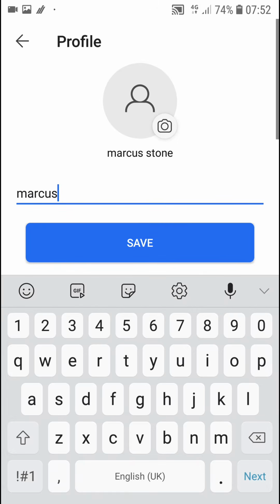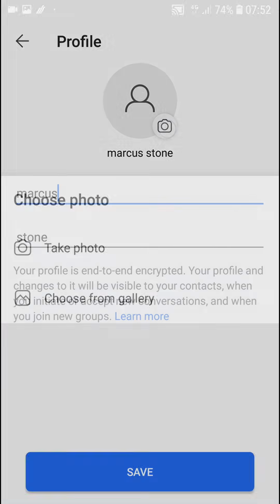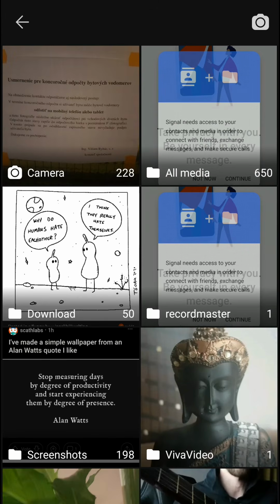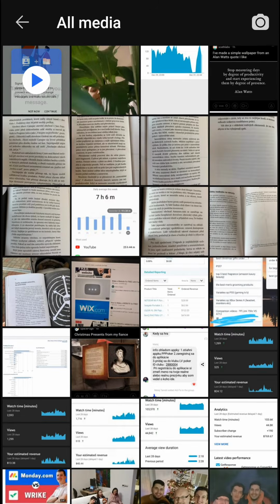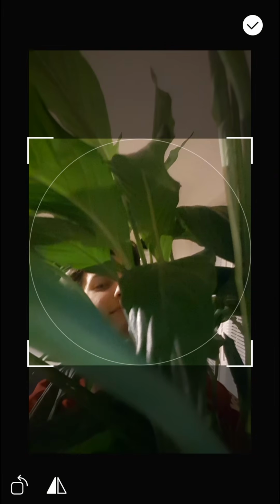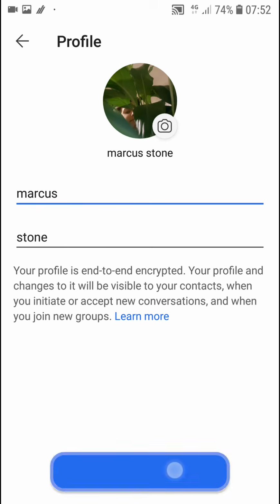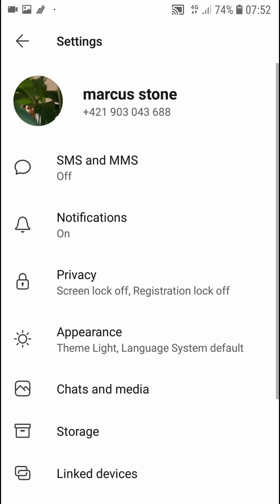Click on it, and then again you need just to click on the profile picture right here on the photograph. And then you need to choose a photo. You can choose it from the gallery or take it. And now all media, and I'm going to choose like this one here, right? That's me with a flower. You can play around with it, add text here, whatever, and just find and click save. And voila, this is how you can simply change